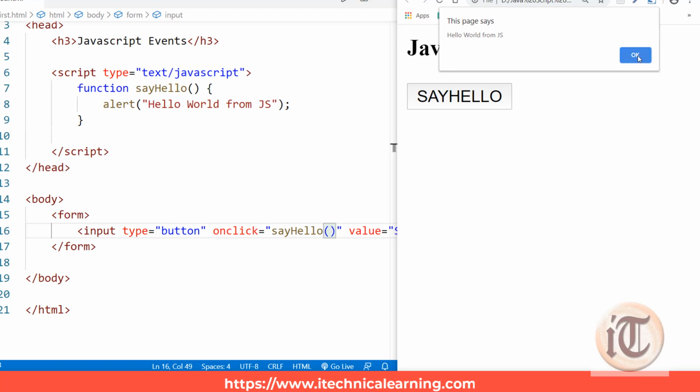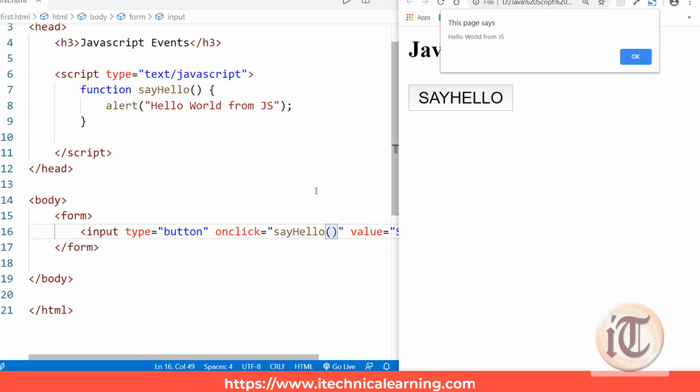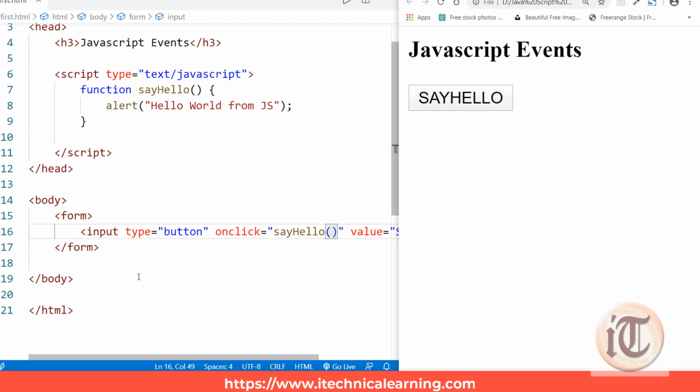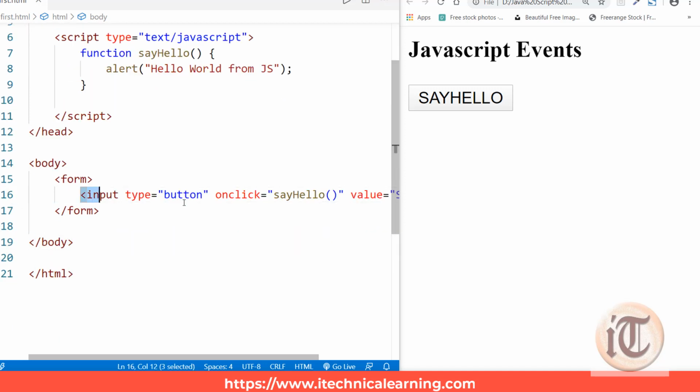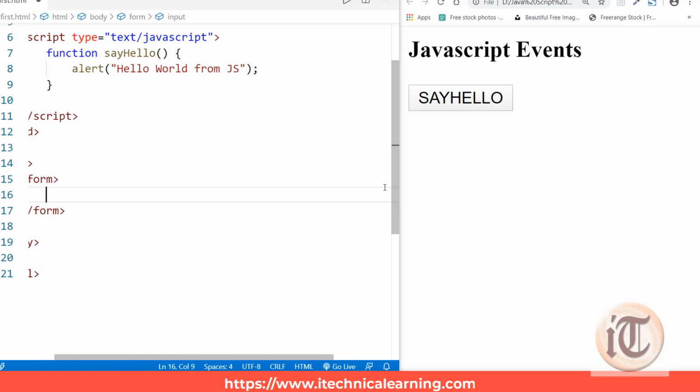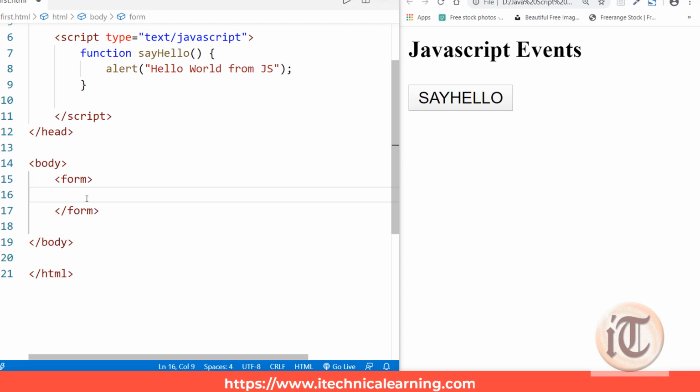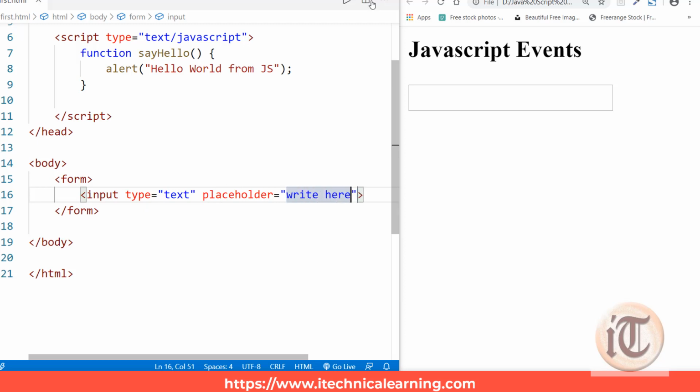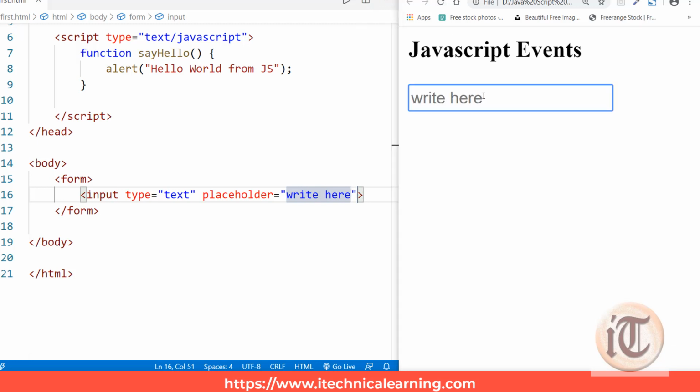Okay, so this is a very basic example of event handling using JavaScript on the button. We are dealing with the button click event. Now suppose I want to change the code and change the event. I have a form, and this form contains certain elements. Say I add input type equals text, with a placeholder "right here", and when I refresh it, it shows "right here".